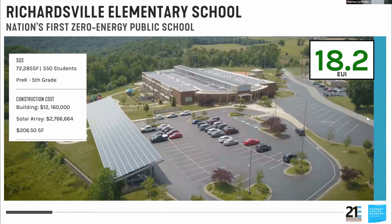So let's look a little bit at Richardsville Elementary. Again, as Kenny mentioned, now nearly a decade old with nearly 10 years of operation. Richardsville was the first net zero or zero energy public school in the nation, built in Bowling Green, Kentucky, for a client that we've been working with now for close to 30 years. So we had a long tradition of working with them and kind of raising the bar for our energy performance